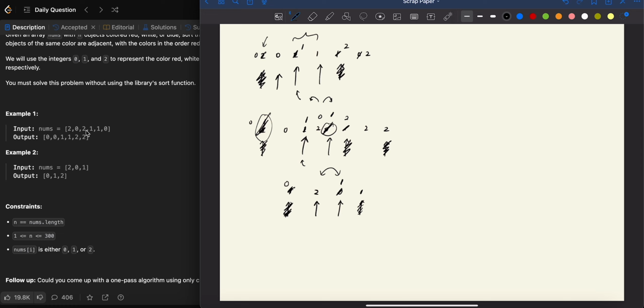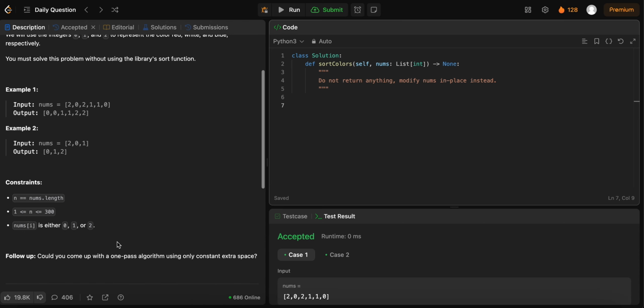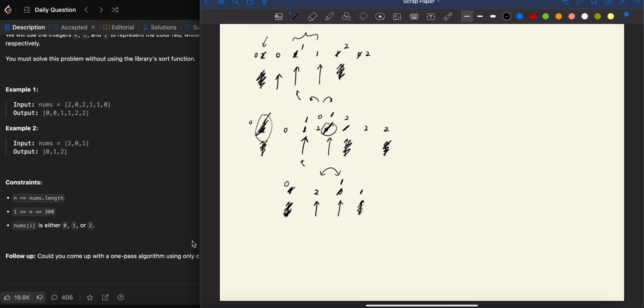Well, actually, it says that it wants to be one pass using only constant extra space. So if it is one pass, we can actually do a bit more stuff after the 2 pointers converge, right? Yeah, I think that would be the solution. So we want to move all the zeros to one side first, with priority, I guess. So let's go back to this case here. So what we can do is